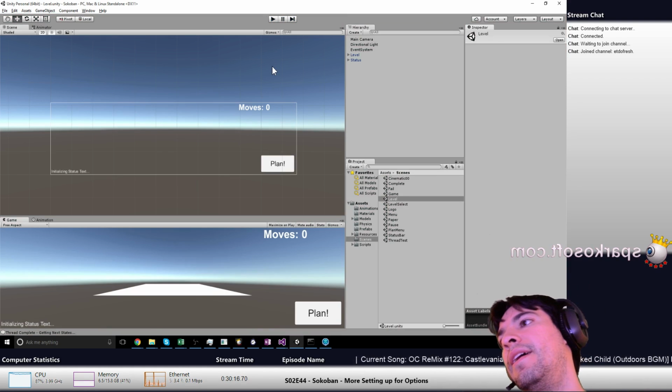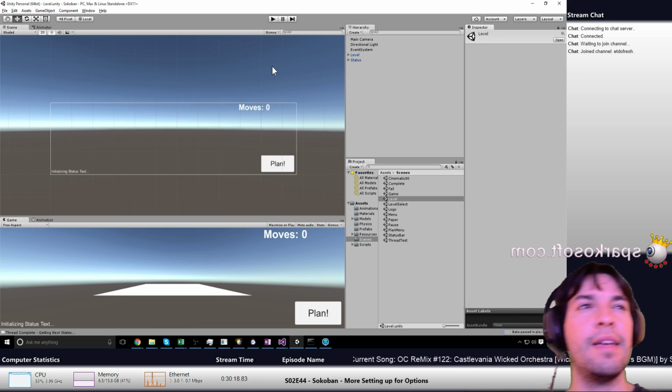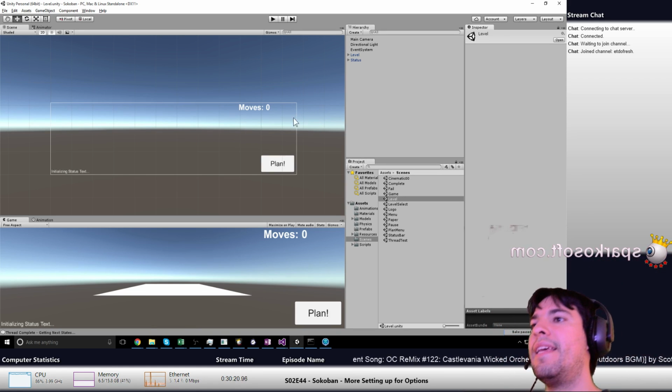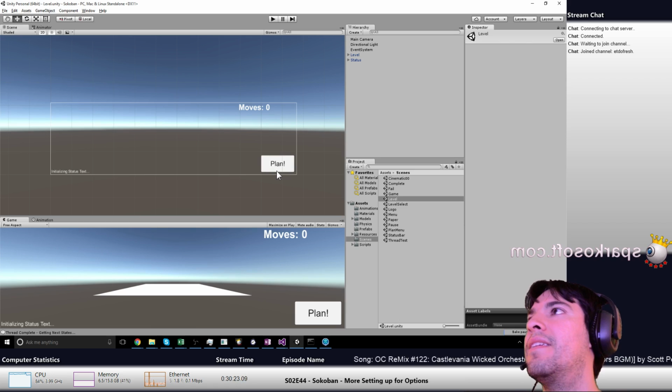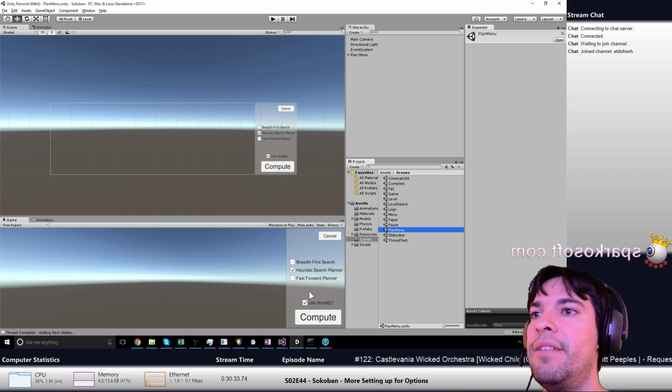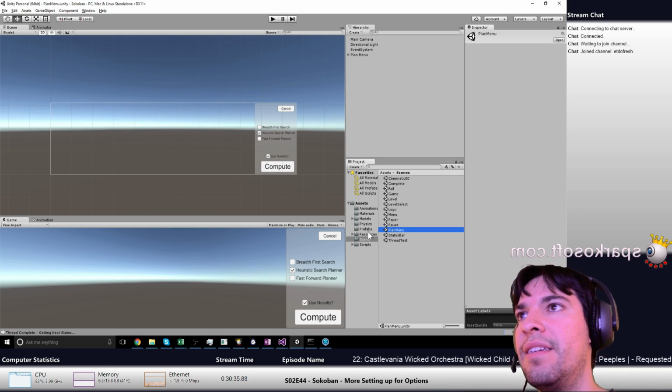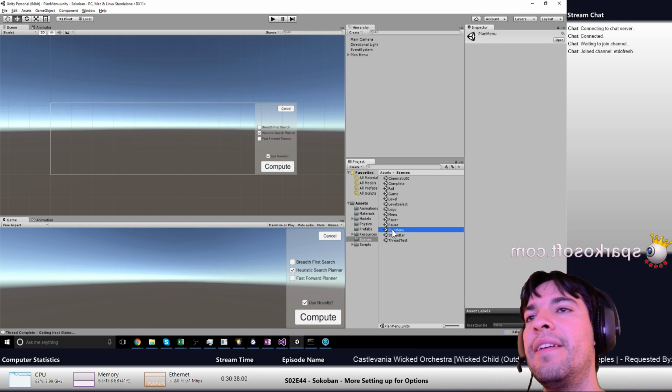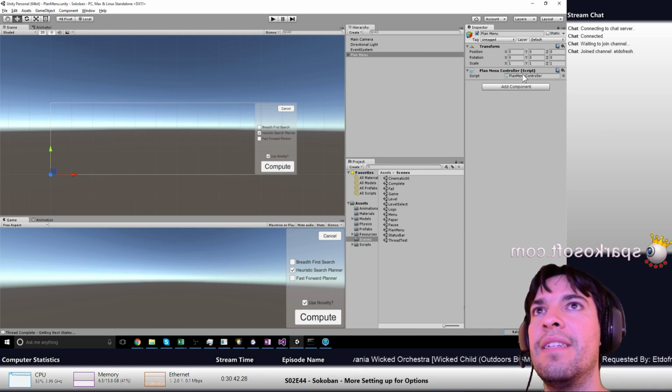Alright, is there anything else I need to think about? It'd be nice just to see if I can get, I haven't tried it yet, on the plan menu. Let's see if I can get these values. So with my plan menu, and I'm doing all this craziness,